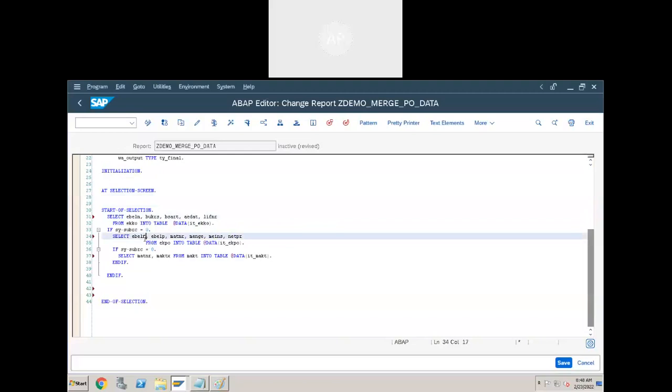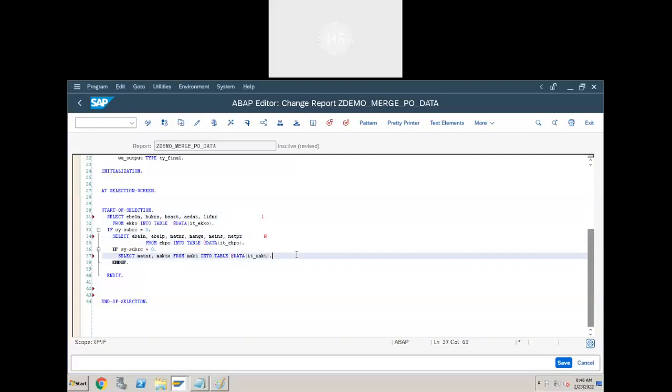For each purchase document number, how many records will be in EKPO? Multiple records based on the number of items. So this is 1 and this is n. For each material number here, how many records will be in this table?